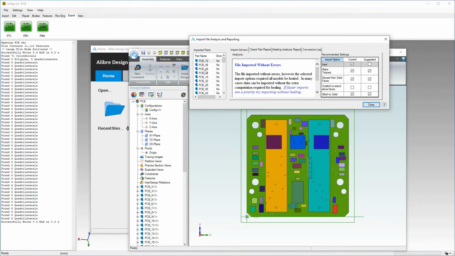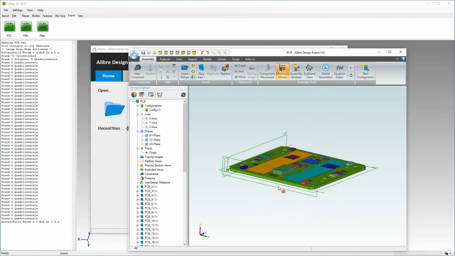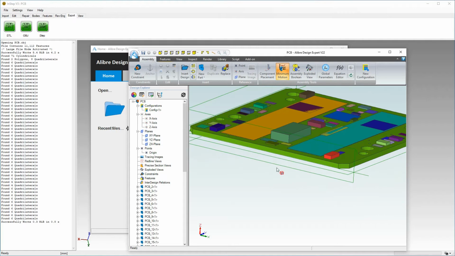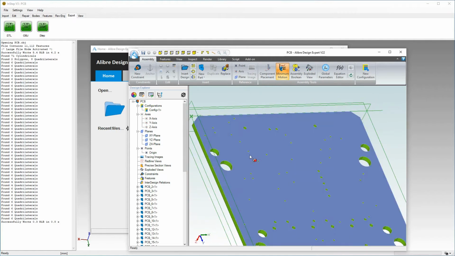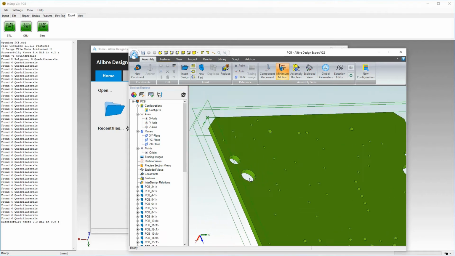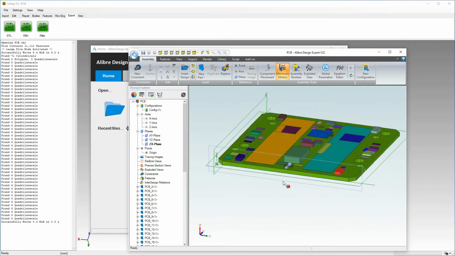It internally split it into a number of assembly components, and overall this looks fine. So if we browse around, we can see that all the features were correctly recognized. And the most interesting one here is obviously the PCB itself. If we take a closer look at this, we can see that the holes are actually defined by arcs rather than just splines or a number of edges. So this would be a perfectly acceptable output for use in whatever mechanical design this is intended for.